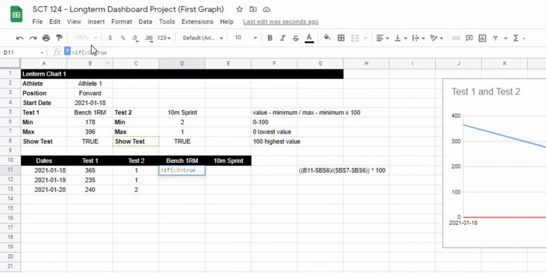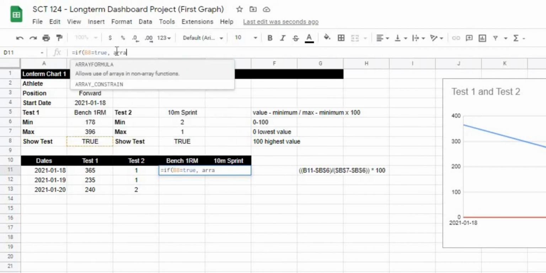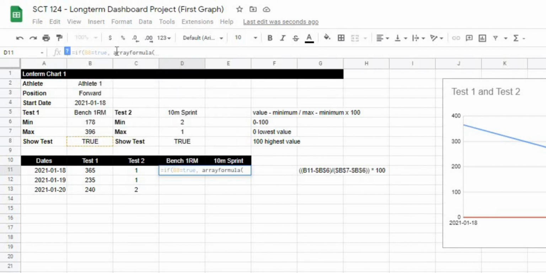Okay. And instead of C8, we're going to use B8. So if this is true, that means we're going to want to show this series, comma, array formula, open this up, and we're going to put an IF formula in here too. IF, basically, B11 all the way to B, so if this column does not equal